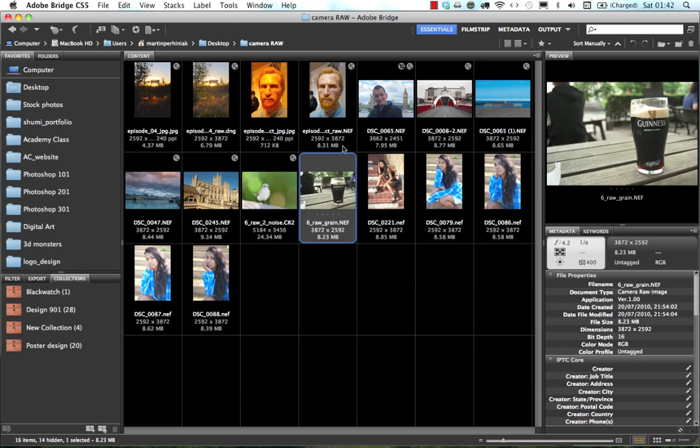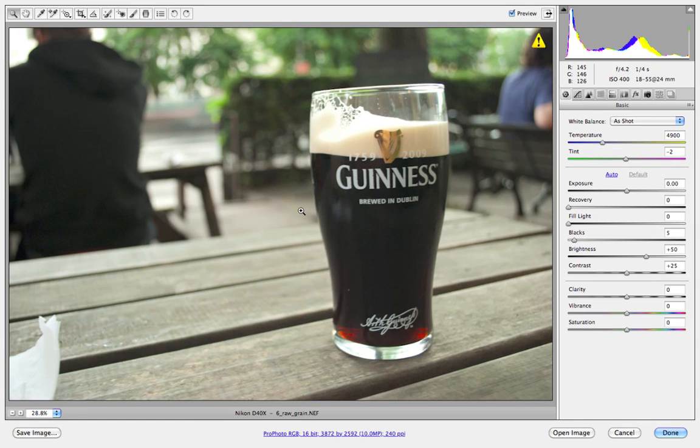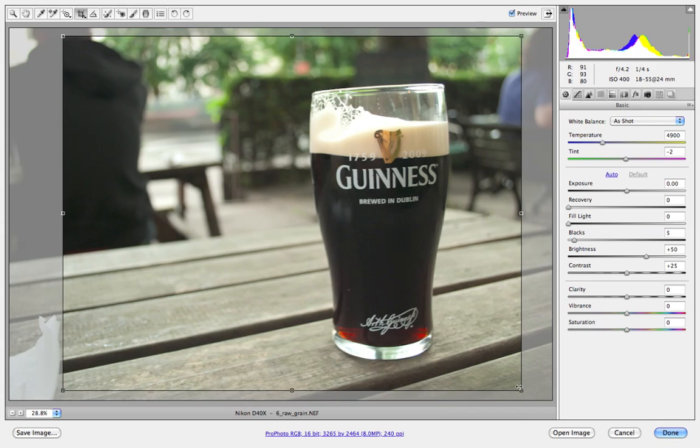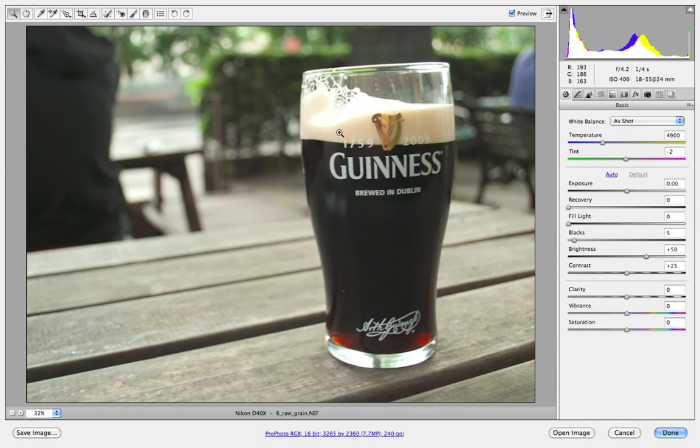And let me show you another thing that you can do. Instead of removing the noise, you can even add noise or grain to an image. If you want to do something like a vintage looking photograph, you can do that. Let me just first crop this image out. I would like to use this part of the photograph, maybe a little bit more on the top,